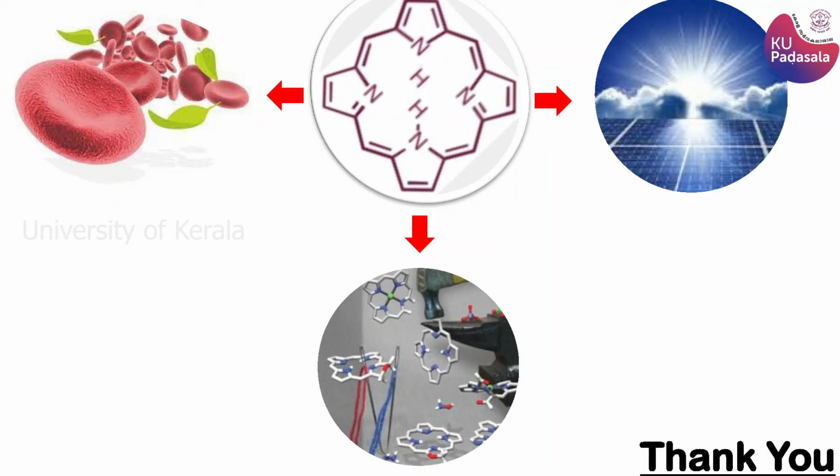So to conclude, to summarize the talk: when we started this discussion, we called the porphyrin the pigment of life. Another thing is a ring of life. It's a ring structure. We found that it's a ring structure, so it's a ring of life. Starting from, say, the hemoglobin in our red blood cells, which has a crucial role in oxygen transport and oxygen storage, after that different synthetic modifications have been possible in the porphyrin structure. A lot of researchers are involved in the synthetic modifications of porphyrin structures,